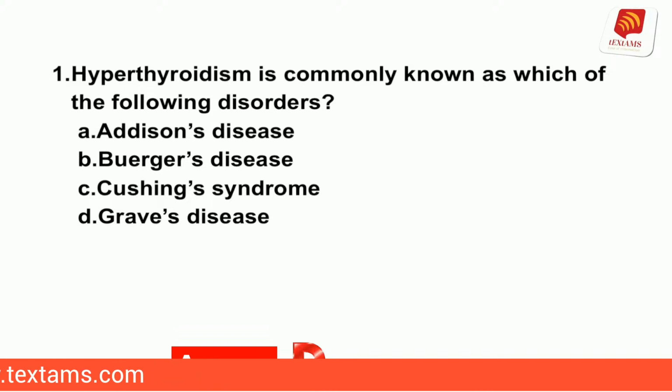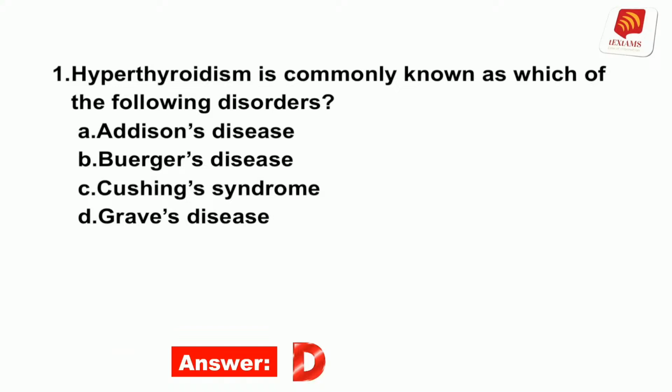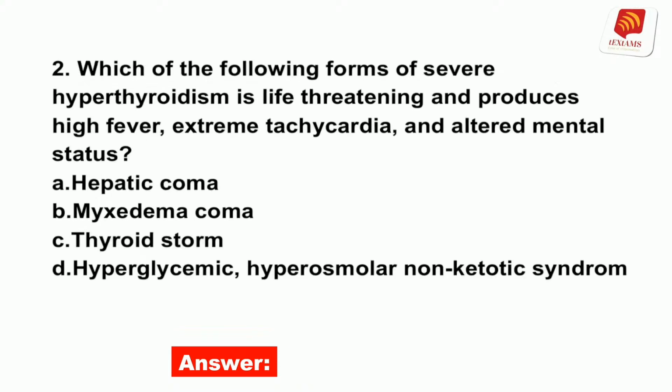Addison's disease is a deficiency of cortical hormones. Cushing syndrome is an excess of cortical hormones. Buerger's disease is a recurring inflammation of blood vessels in the upper and lower extremities. Number 2. Which of the following forms of severe hyperthyroidism is life-threatening and produces high fever, extreme tachycardia, and altered